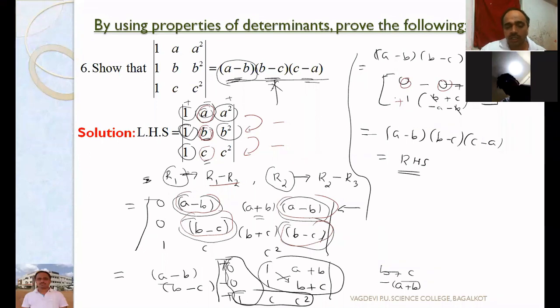So how to expand and how to find the value of the determinant? You have to delete the row and column. Finding the value of the determinant means we call it expansion. Expanding means you have to find the value of the determinant. Both are the same. So how to find the value of the determinant? You have to cross multiply and subtract. I have done it: 1 into B plus C, I have written B plus C. Then minus 1 into C plus B. Minus into C plus B means minus into plus will be minus, so both will become minus: minus C minus B. So plus B minus B will be cancelled, and I get